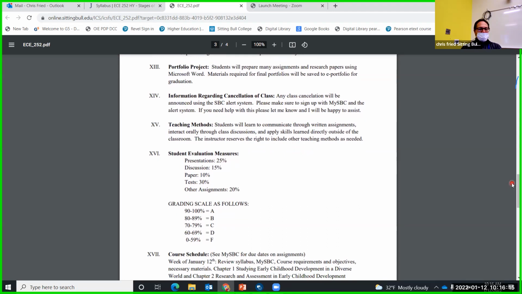Portfolio project. I talked a little bit about this in my other classes, but those that have taken classes with me before know that at the end of your associate's and the bachelor's, you have to prepare a portfolio to present to us in the teacher ed program. Within that portfolio, you put a resume together, you do a diversity statement in terms of what you've learned about diversity here at the college, but then you also include best practices. For your associate's, there are 4 best practices that you include. So, of all the classes that you've taken, what are 4 things that stick out to you?